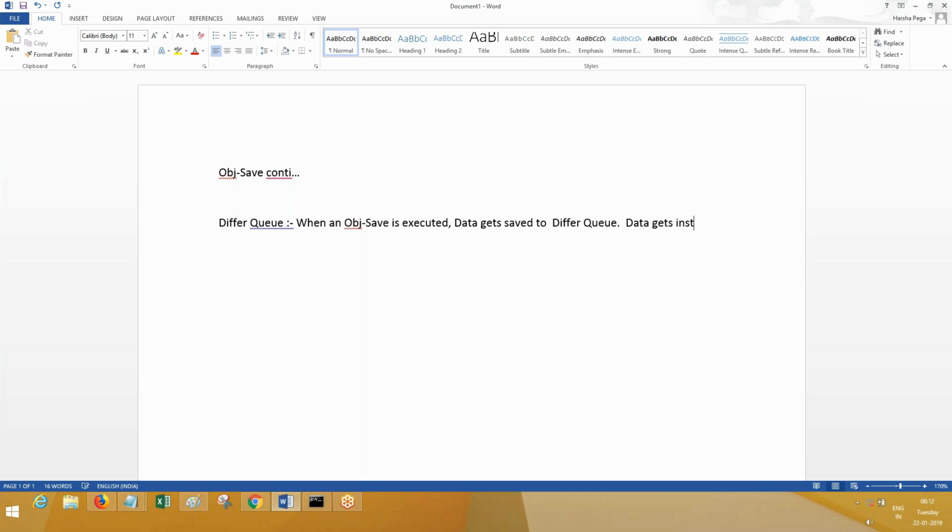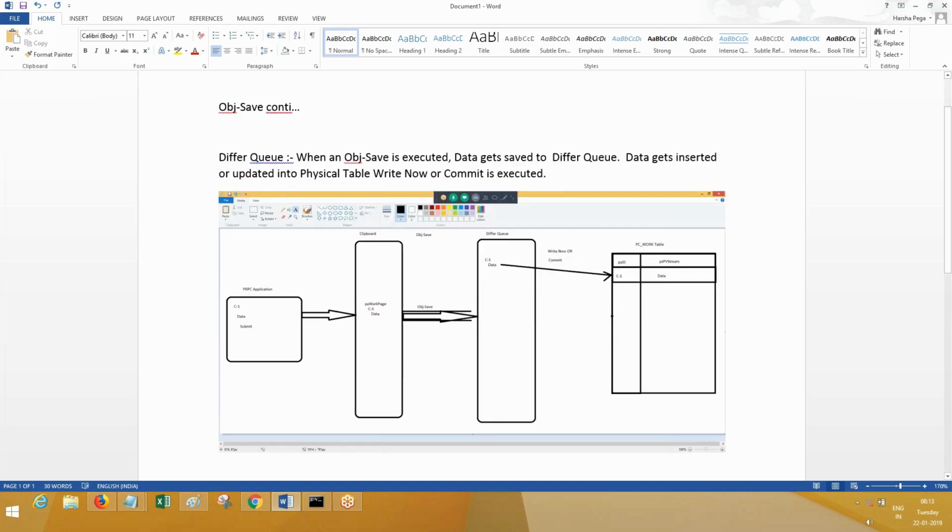Data gets inserted or updated into the physical table after write now or commit is executed. Till the time write now or commit is executed, data will still be there on defer queue only.